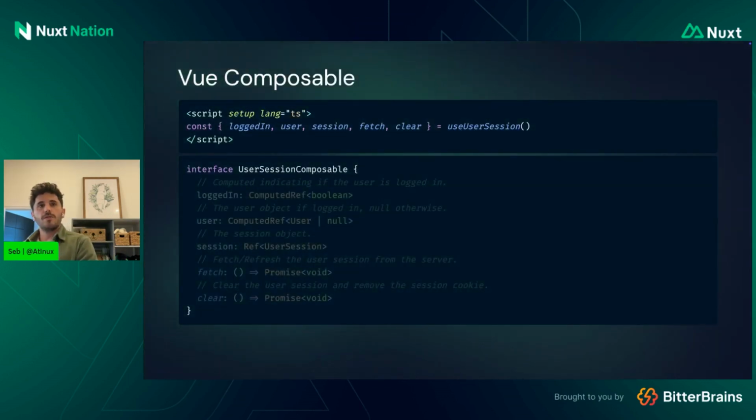Now let's take a look at the Vue composable. So we have our API route. Now we have our useUserSession composable that exposes many variables. We have loggedIn, which is a computed, indicating if the user is logged in. Basically, it's checking if the user object is different than null, which is also computed. We have the session object, which includes the user object, but also additional fields, like when the session was created